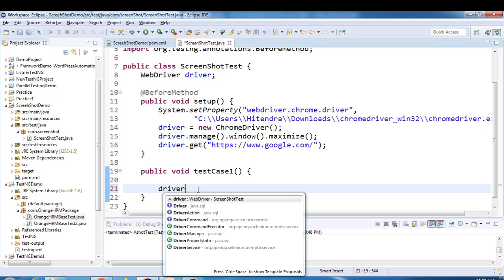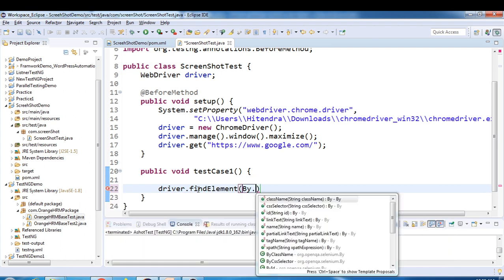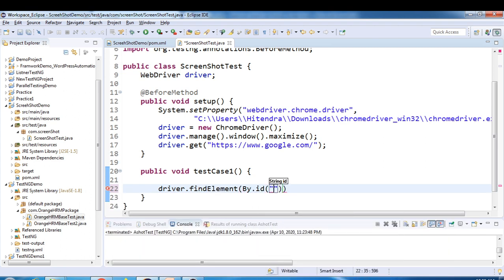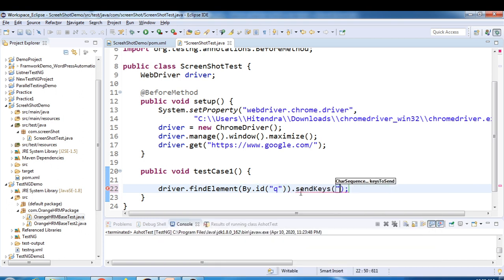So driver find element by dot id. I'm writing very simple script for now, and we'll use send keys method, and we'll give some text. Okay, so we'll pass some text, take screenshot demo. Okay,